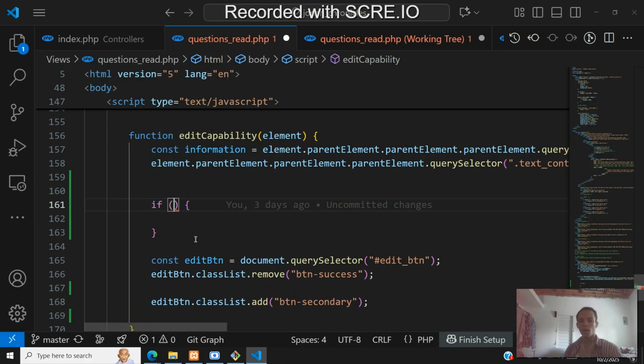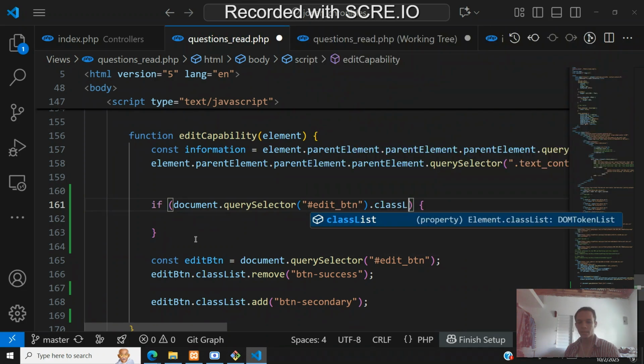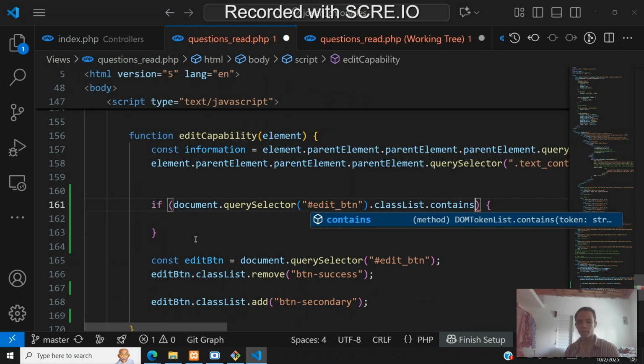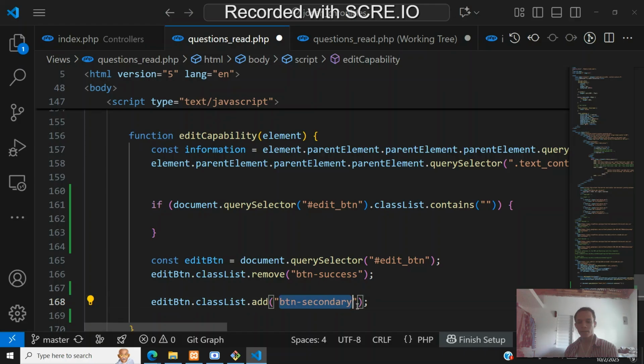And in here, we're going to say if document query selector edit btn class list contains btn secondary, then